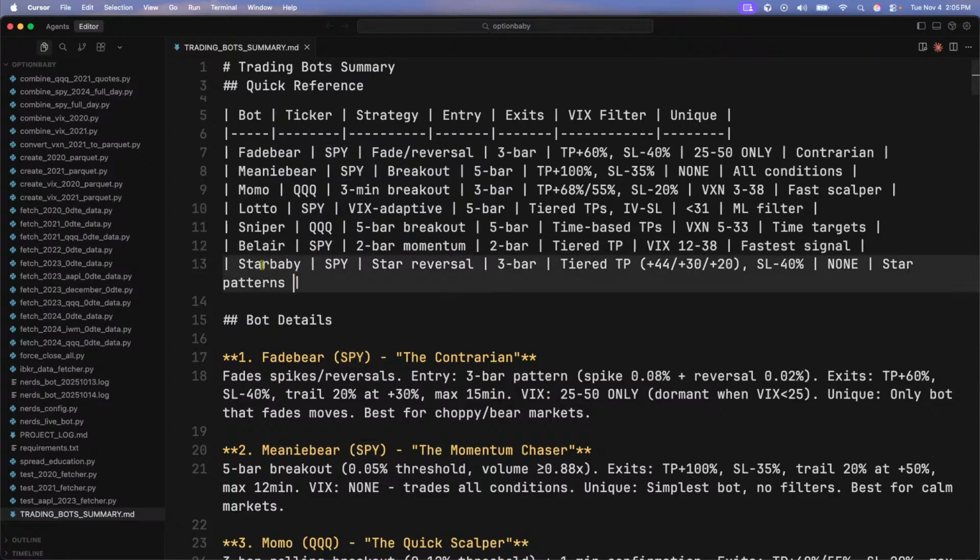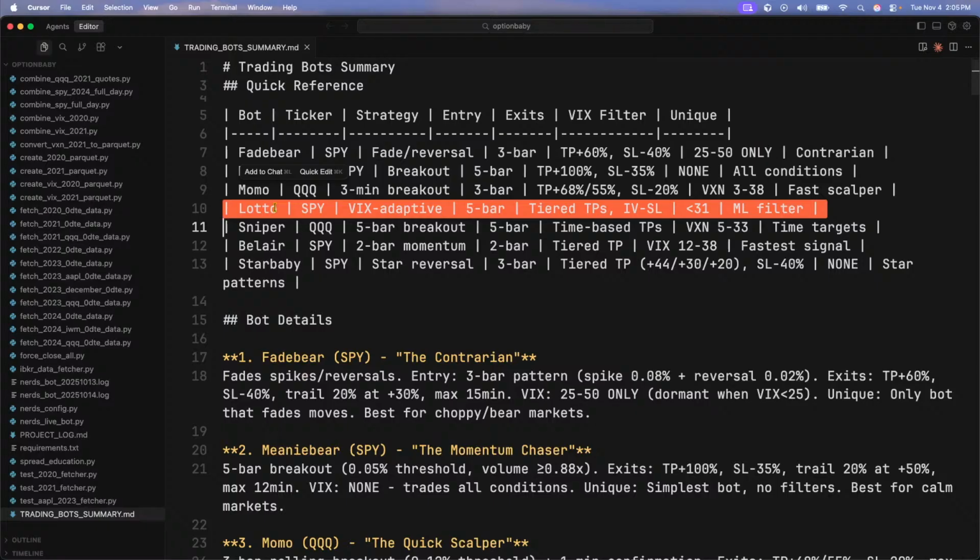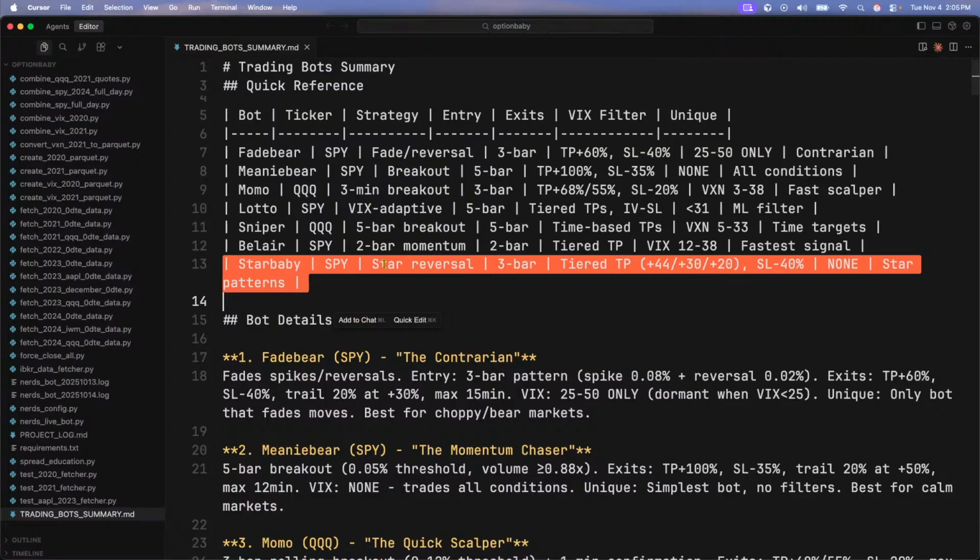And then we have the evening and morning star, and I'm really proud of this one. I'm also proud of Lotto because Lotto was the first one I ever created. It has machine learning in it, but it kind of needs to be redone, so I may do that here, may not. And then we have Star Baby. I'm proud of all of them. It's like a parent: which child are you going to say you love the best? None. I understand this is code, so I am anthropomorphizing them a little bit.